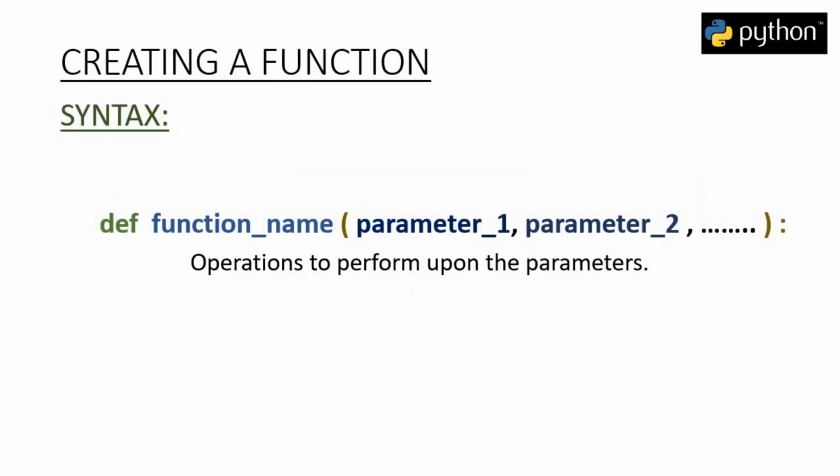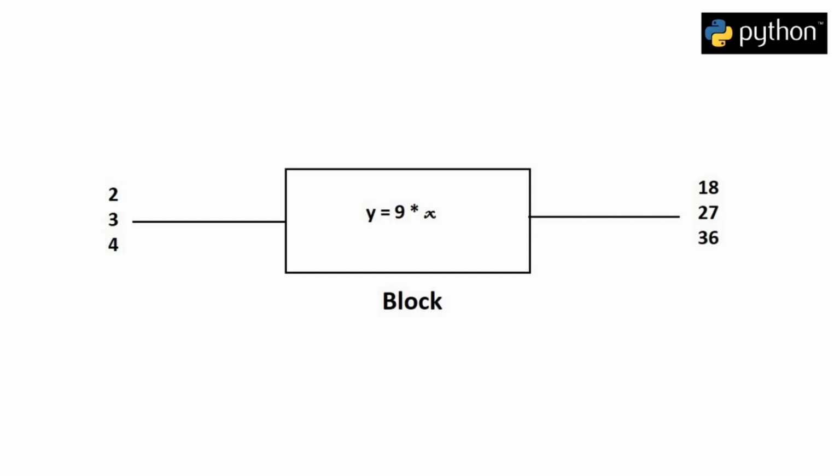Now how do we create a function in Python? The basic syntax of creating a function in Python is first we write the def keyword, followed by our function name and followed by the parameter name. So what are the parameters? Parameters are basically the input given to our function. So for example, in the previous case, x was a parameter. When we give the definition, the input is known as the parameter and the specific values, for example 2, 3, 4, are known as arguments.